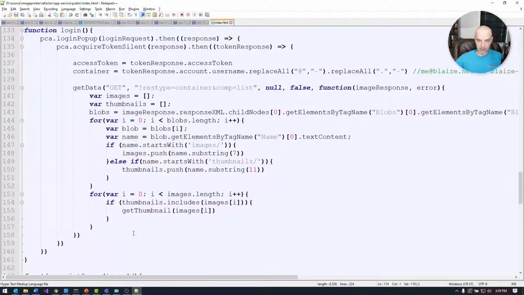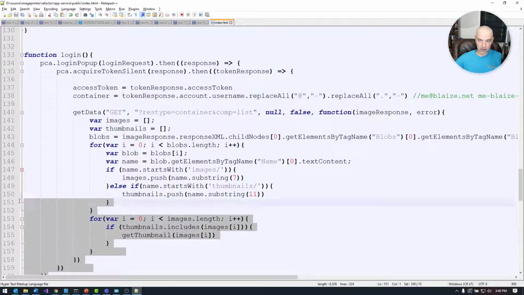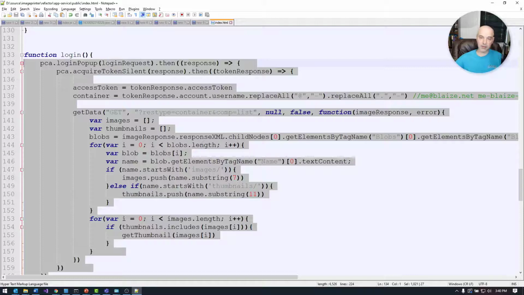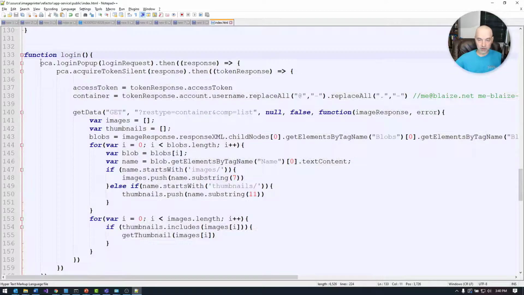Now, the real magic of this happens on this login function right here. Now, I've got this set up to where when the page loads, it'll call this login function right here. And it calls out to a pop-up version of the login. If you have pop-ups blocked, it won't work, but you can reload the page and enable the pop-up and then reload the page and it should work. In any case, for this particular instance, it's going to authenticate the user through a pop-up, and then after that